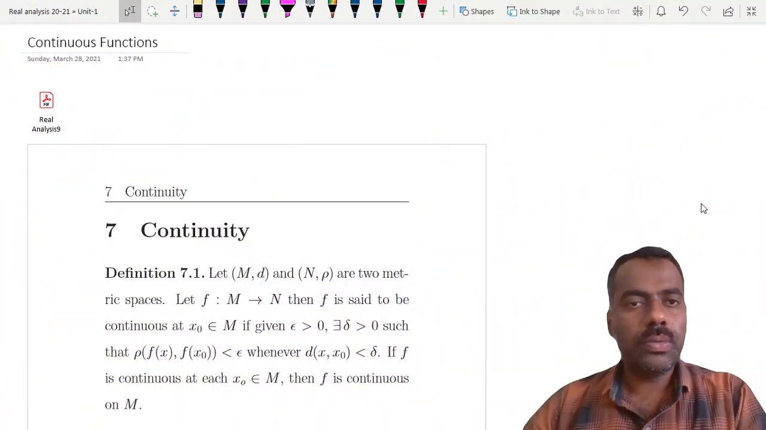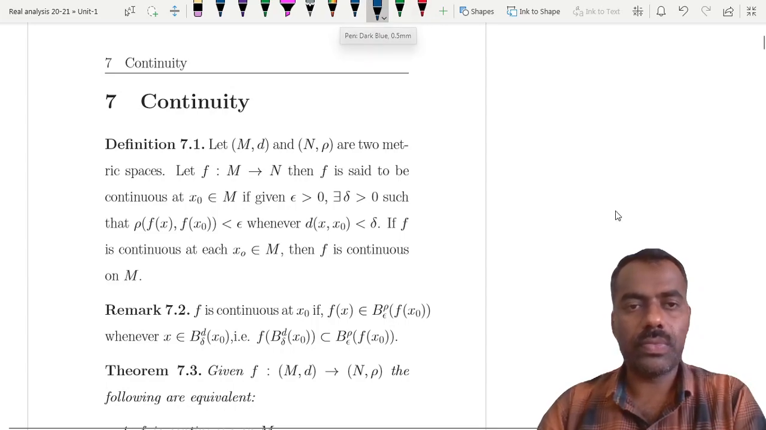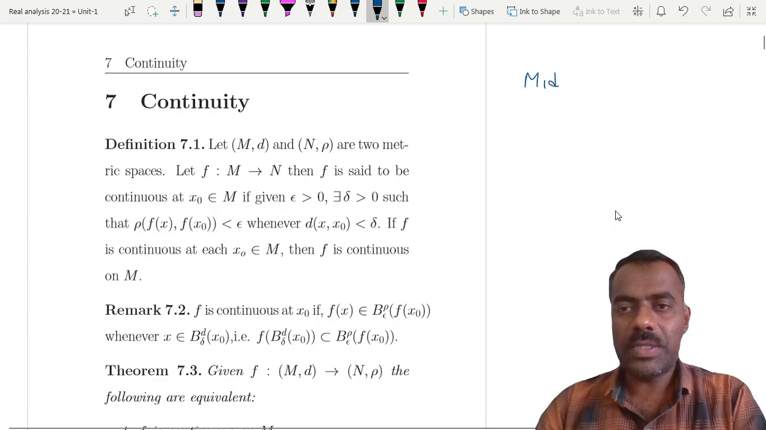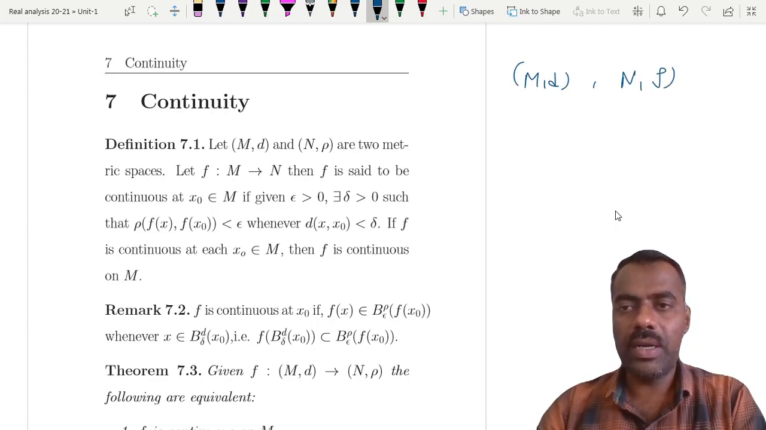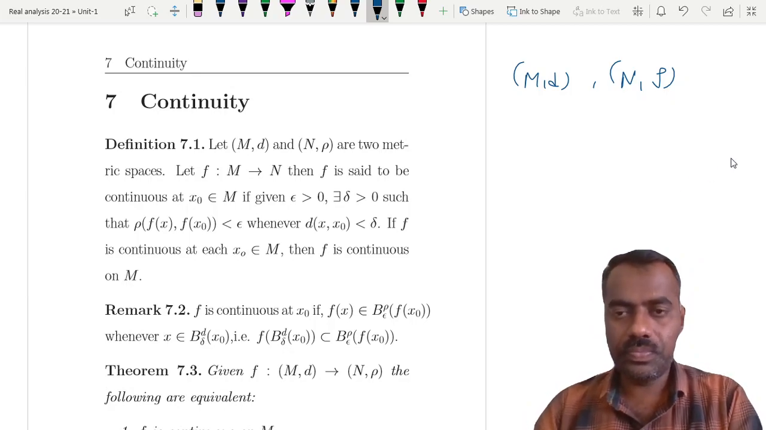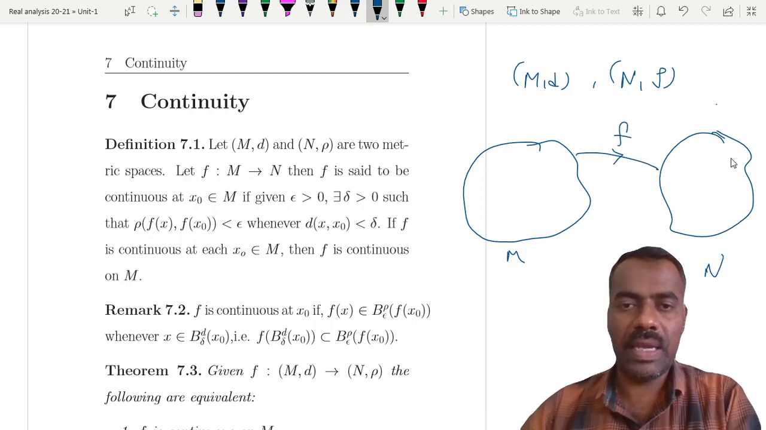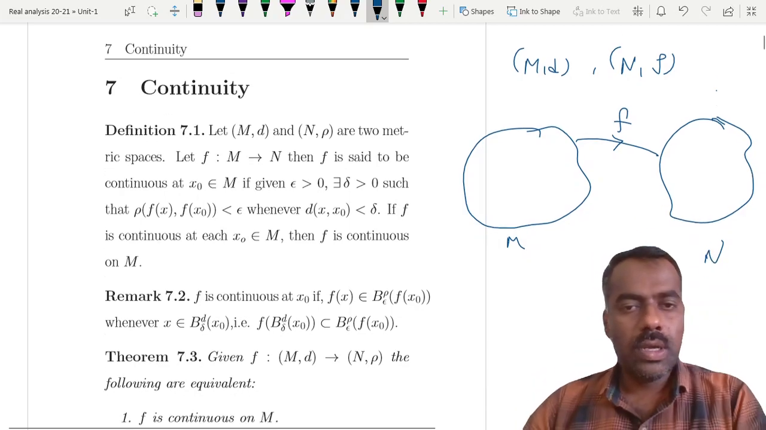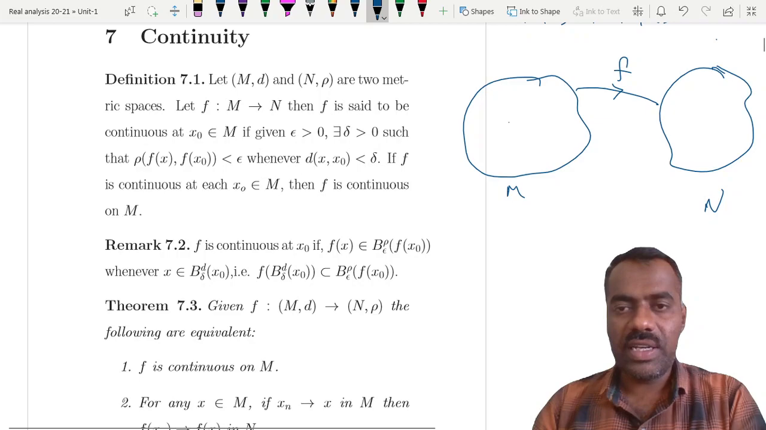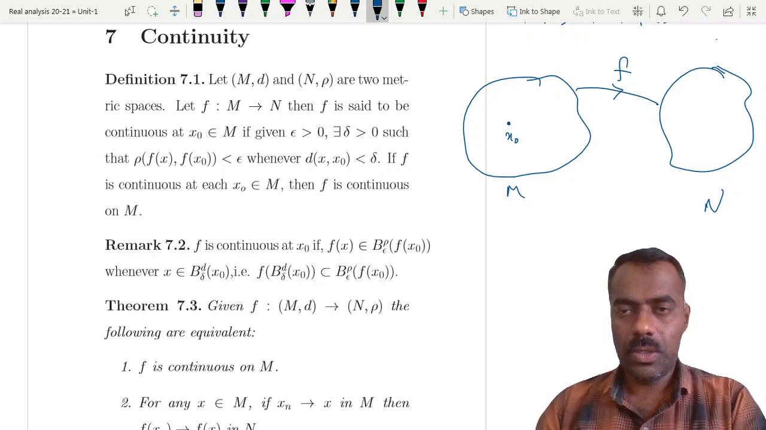Okay. So let's start with the definition of a continuous function. Take two metric spaces (M, d) and (N, rho). These are two metric spaces. A function f maps from M to N. So suppose this is M and this is N, and this is a map f mapping elements of M to N. We say that this f is continuous at this point x naught if, given any epsilon greater than 0,